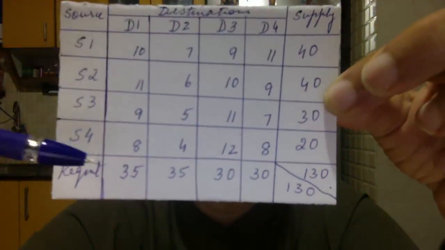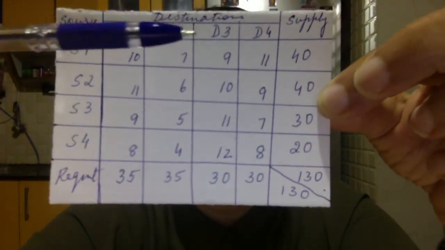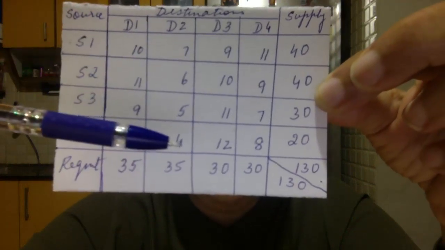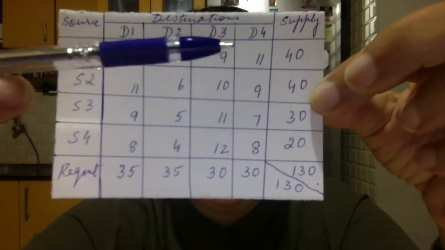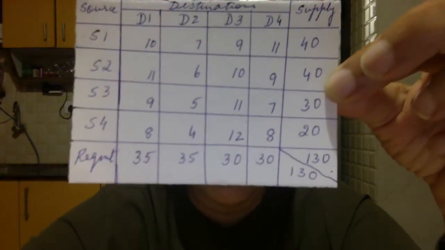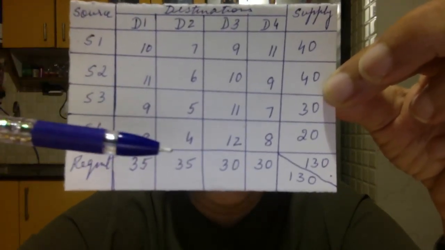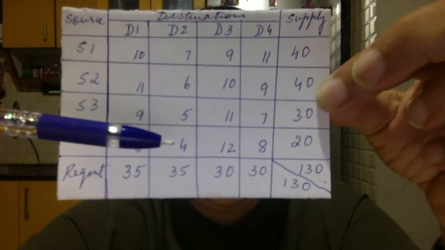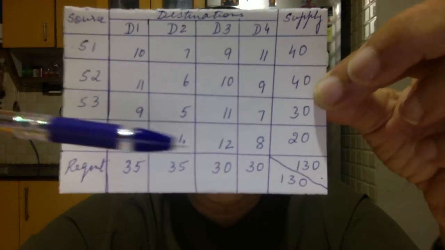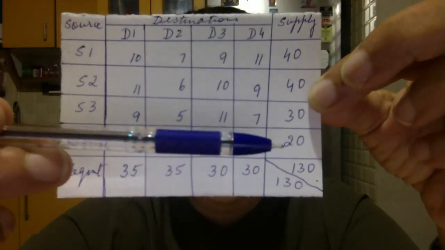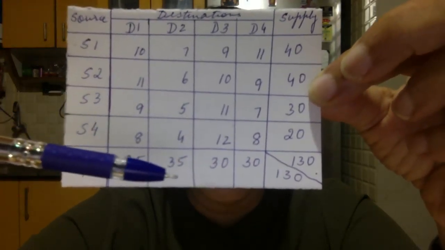Now, I'm going to do the problem by the method of least cost. The least cost in the whole matrix. Here the least is 8. Next, the least is 4. So we will forget 8 and keep 4 in mind. There is no 4 here, no 4 here. So 4 is our least cost. We are going to allocate. How much shall we allocate here? It is S4D2. We allocate all the 20 units because we require 35.